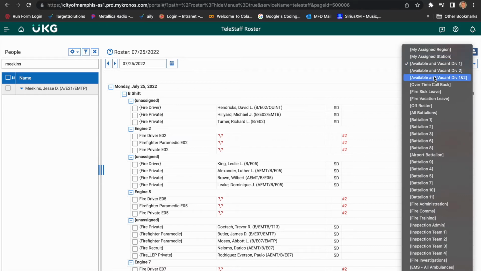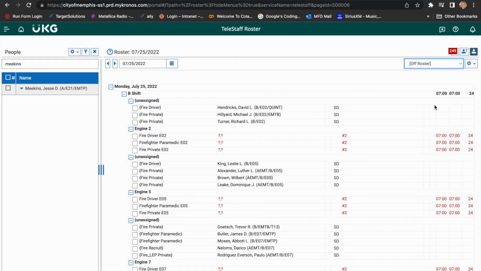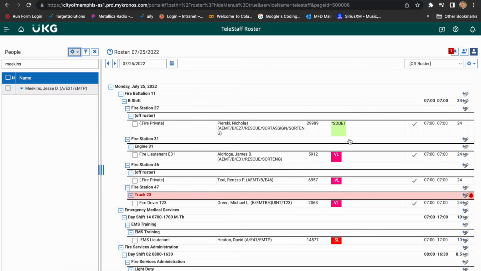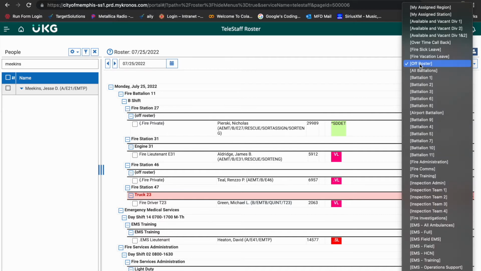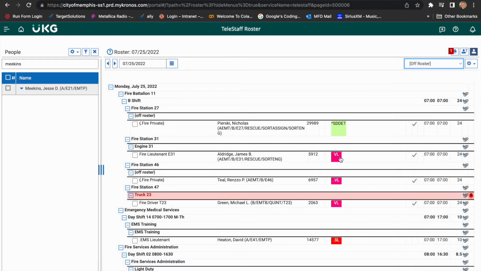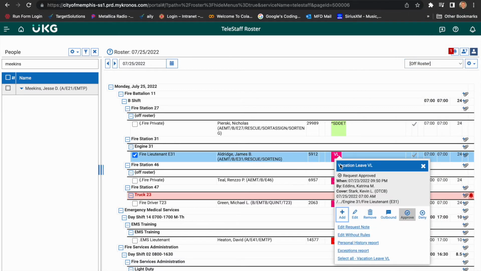Now we can go to off roster view, which is important to consider before calling back overtime. This shows all of the off working codes. If someone were to show up in here as scheduled day, they will not show up in your available and vacancies. Simply remove their code